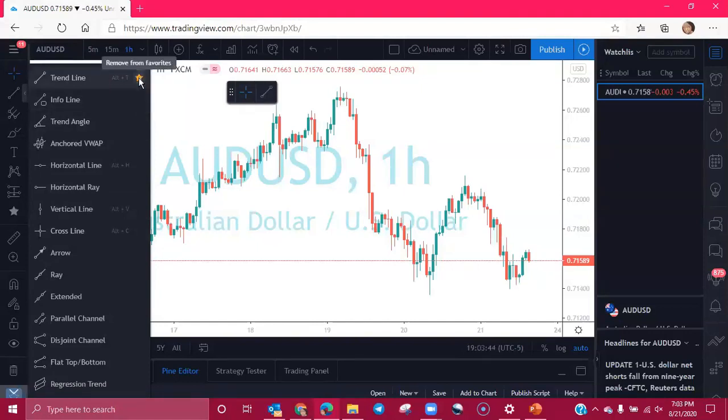You're going to use that, so we'll save that as a favorite, and you see how it popped up there on the floating favorites toolbox. You're also going to definitely need the horizontal line, so we're going to save that as a favorite. I typically have the horizontal ray as a favorite, and I also have the vertical line, and I have the arrow.